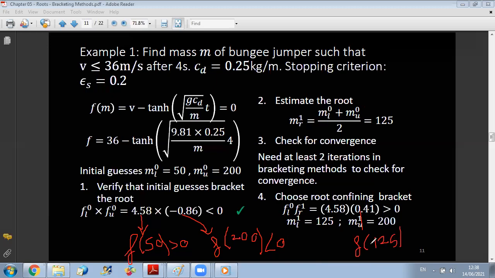Because f at 125 is positive, this means that f50 and f125 have the same sign. So the root cannot be in this interval. Because when you define a bracket, to have the root in the interval, f should have opposite signs at the two ends. So you can say now, because f at 125 is positive, while f at 200